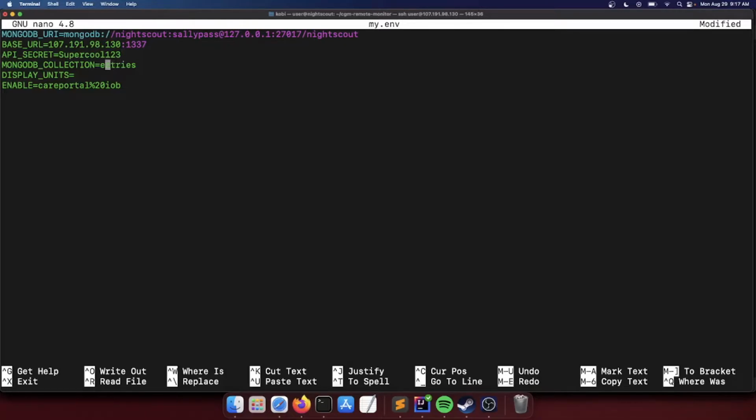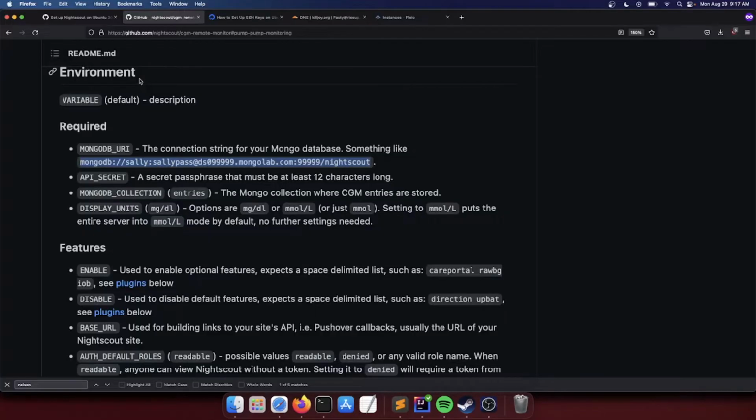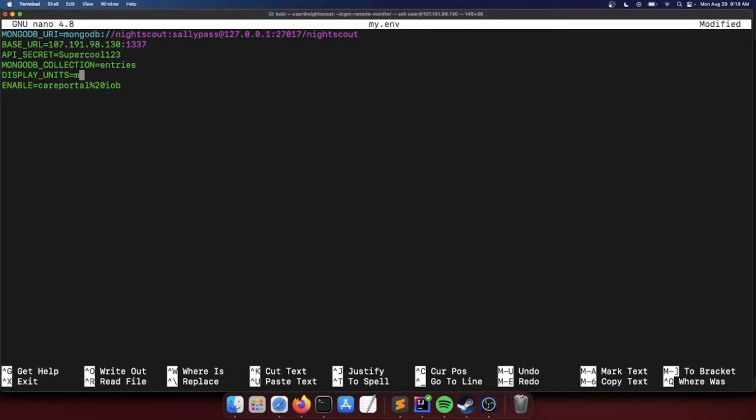So MongoDB collection, it's going to be entries, or if you made the name something else when I told you to make it entries, then you'll just replace that. The display units, as you can see, you got two options right here, mg/dl or mmol/l. We'll use mg/dl. That's what I'm most familiar with.